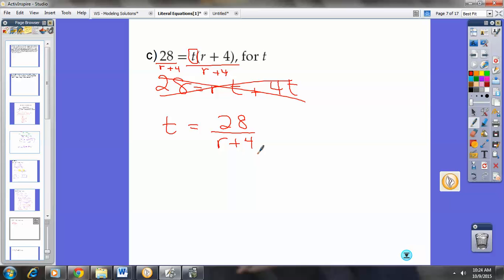And that is as far as you can go. You cannot simplify if you've got two terms in your denominator. I shouldn't say cannot. Most of the time, you will not be able to simplify if there's two terms